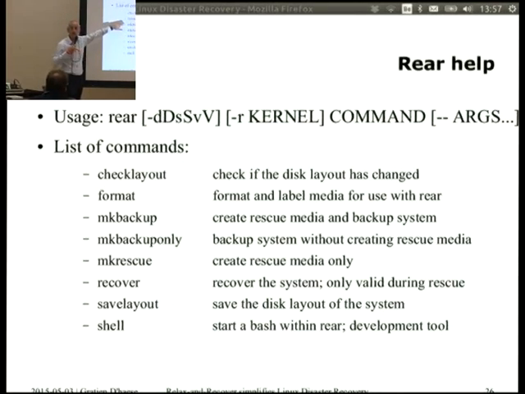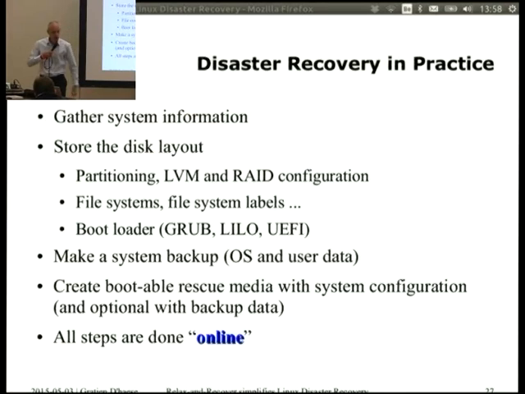The format is to format your USB disk. And that's normally ext3 or ext4 or something else, but not VFAT. That's not allowed. In practice, I already mentioned it more or less: partitioning, file system, bootloader, make a system backup, the tar or whatever, make your rescue image bootable, and it's done. It's normally quite fast.